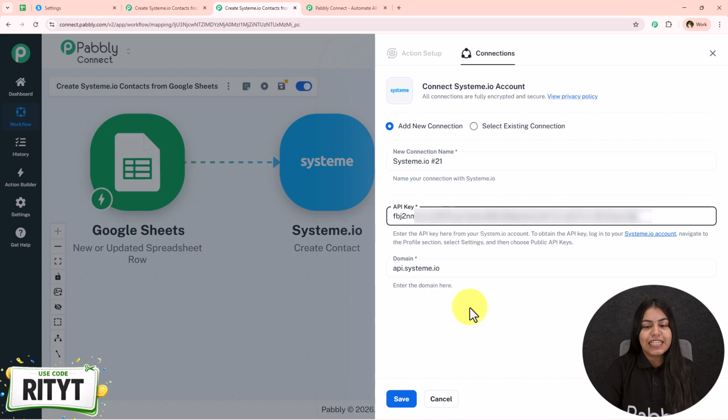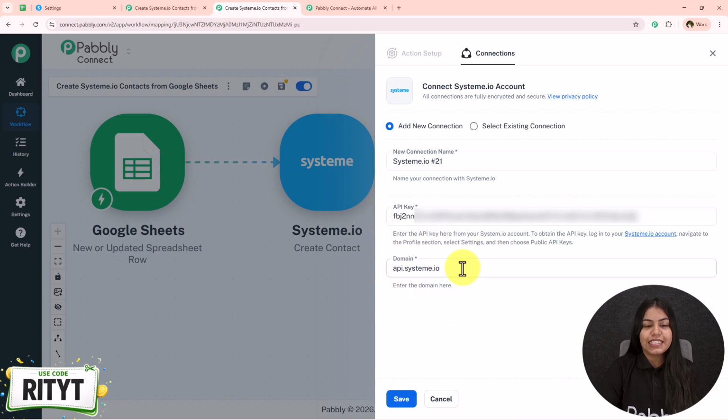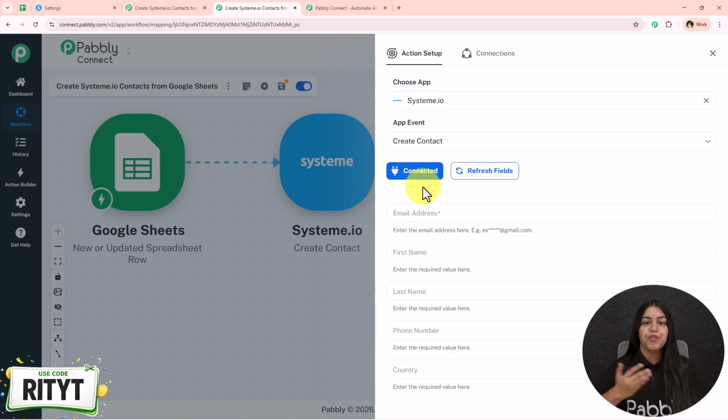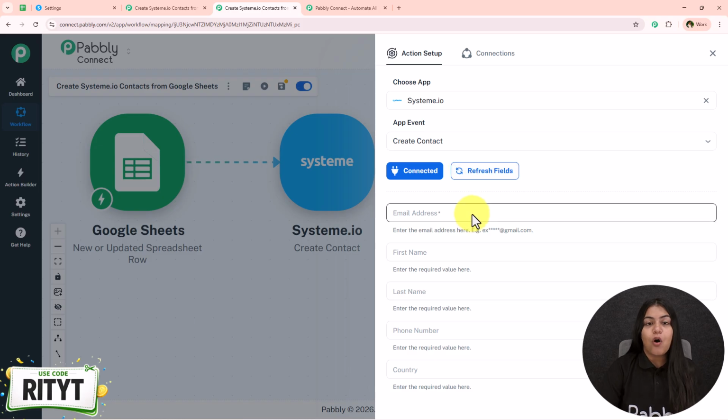After we paste the key, enter the domain, we have to click on the save, and our system.io account will be connected with Pabbly Connect. I'll suggest you log in all your applications before starting with the automation, so it is going to make the procedure very easy. Now after this, we just have to enter the details in order to create a new contact